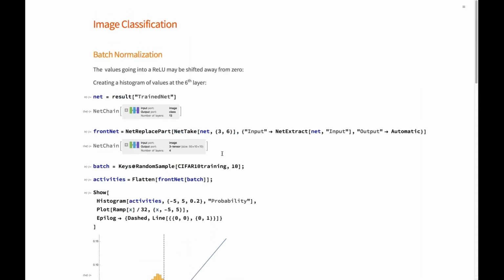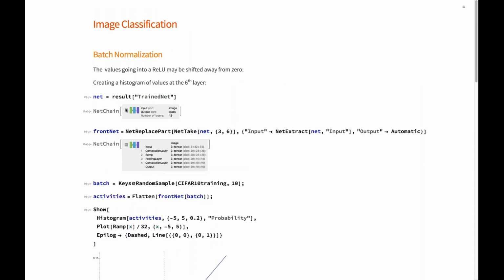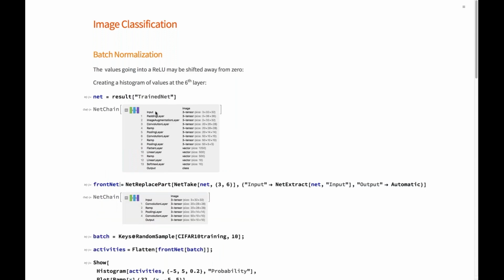Here I basically took the front part of the trained network that we just did. Let's see what I did here. I took the first few layers until I was approaching this ramp in 7, and I looked at the probability distribution of the values that go through this nonlinearity.